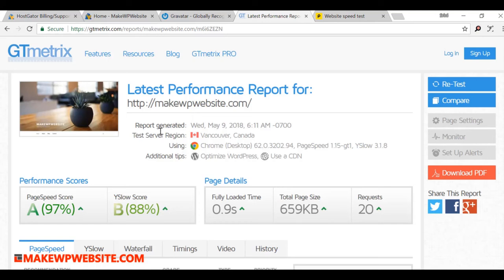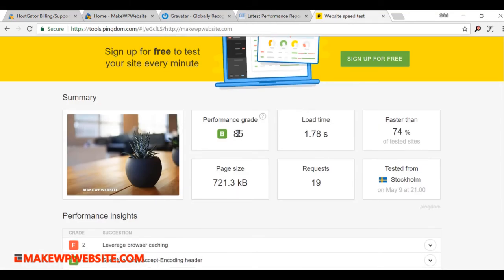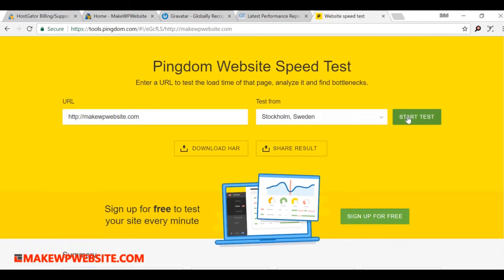Okay, this is the knowledge that you have to acquire. What is the best thing that is required for your website? And this tool is really important and you should use it every time. Every time you make a change, every time you install a plugin, every time you delete a plugin, you need to understand whether it is affecting your page speed, because page speed will determine your page ranking as well. So make sure you don't sleep on it and you don't forget about it. Okay, so let's try out Pingdom. Earlier it was 85%, B grade. Let's try again.